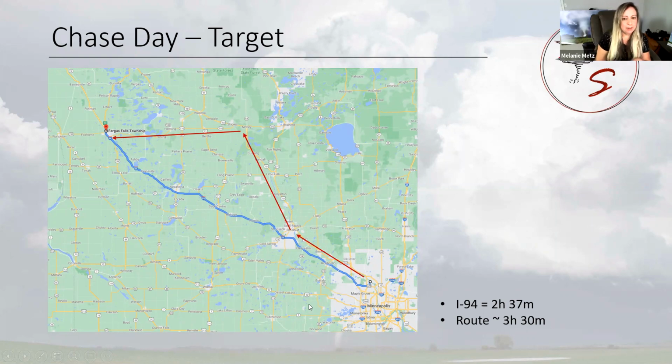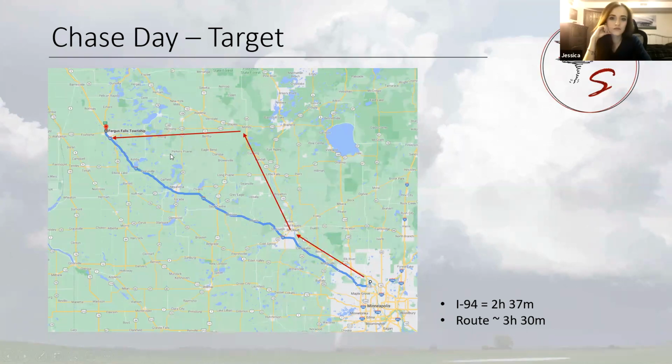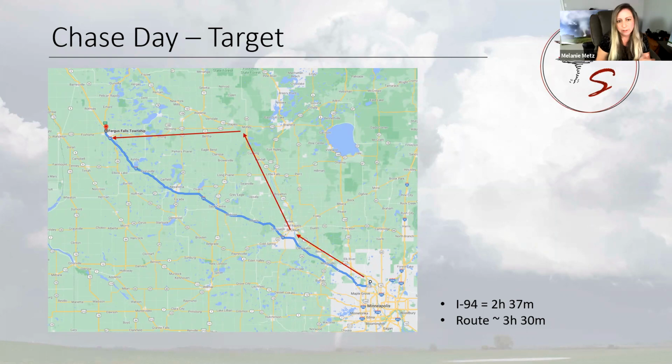The blue line indicates the route it would take from my house to Fergus Falls, which is only about 2 hours and 30 minutes. But because of the situation, we thought maybe storms would develop a little later. In that case, all the parameters would have shifted a little bit further east. So we didn't want to end up going too far west and then have to backtrack, because that just sucks, a lot of driving. So instead of going directly way out here, we went on this route, where